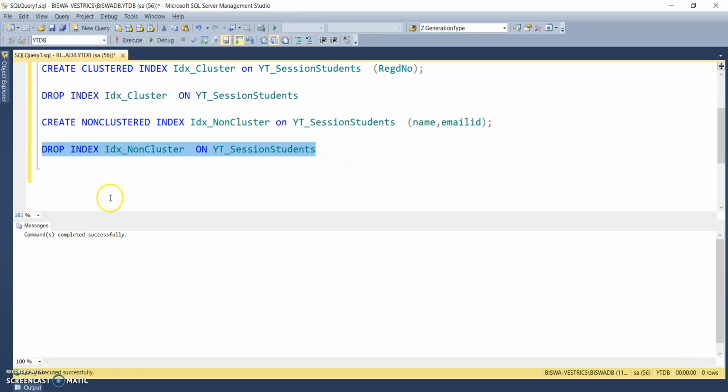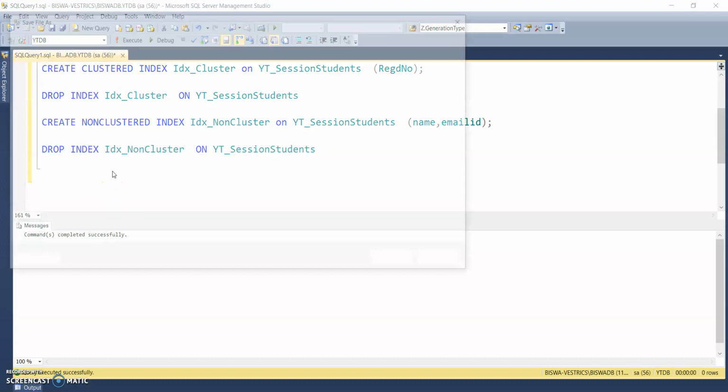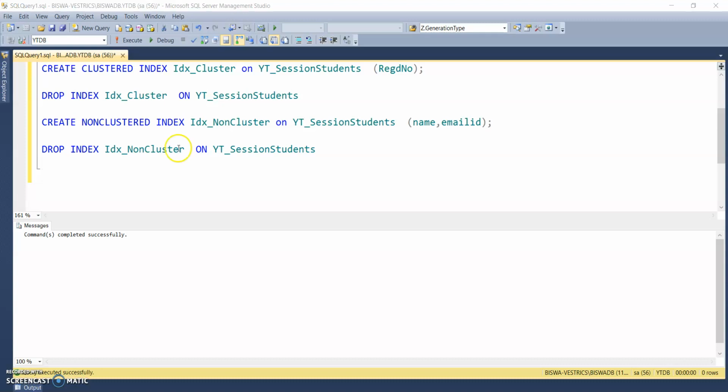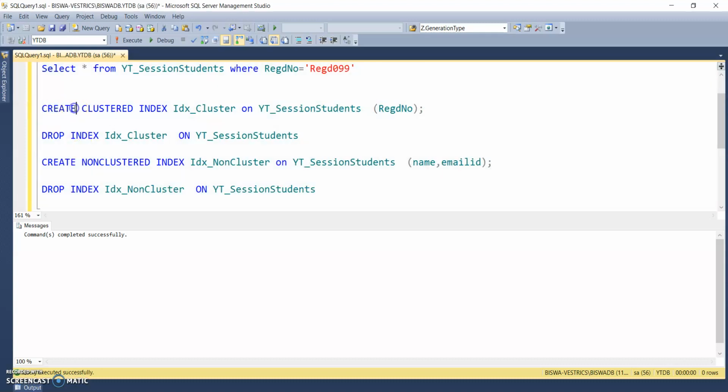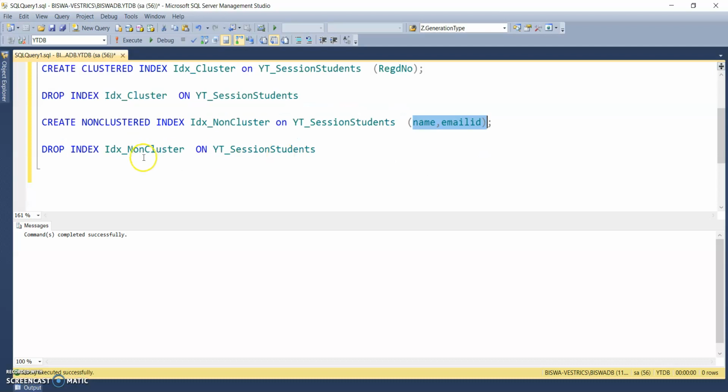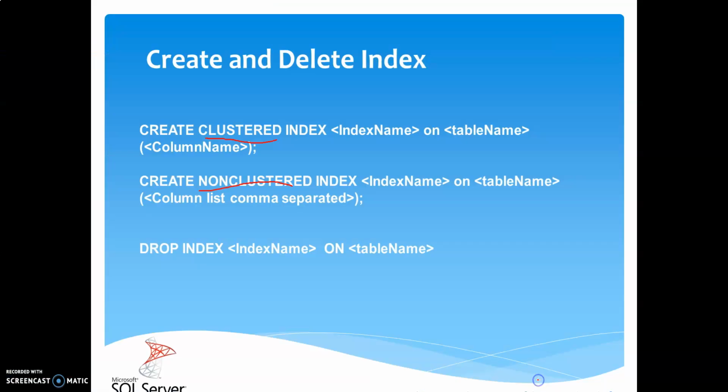So execute. You can see it's deleted successfully. So here we get an idea how we can create a clustered index, how we can drop an index, how we can create a non-clustered index using multiple columns, and how we can drop a non-clustered index. Let's see next.